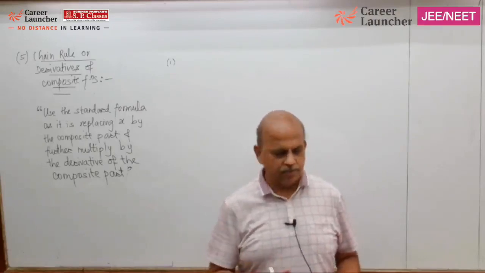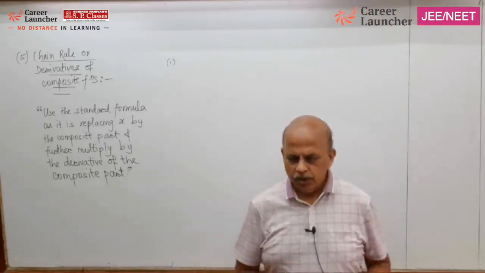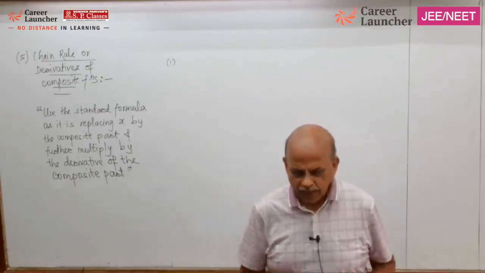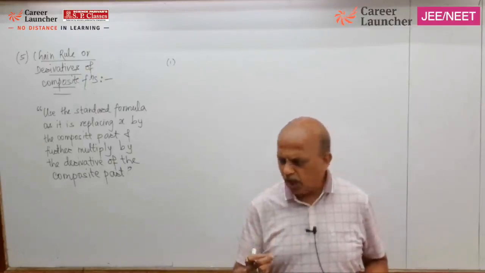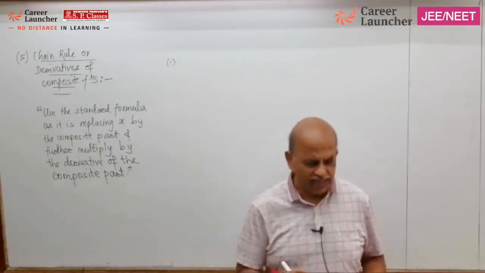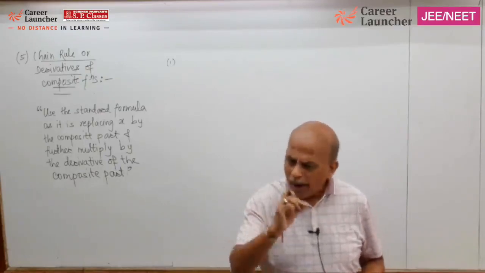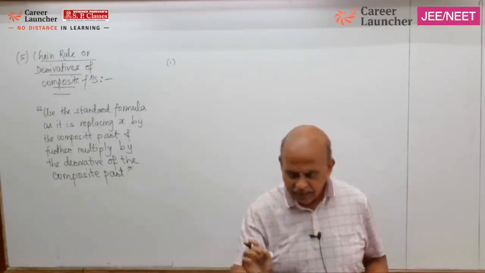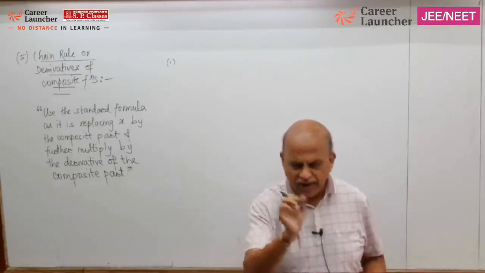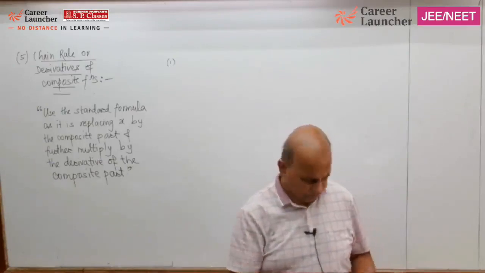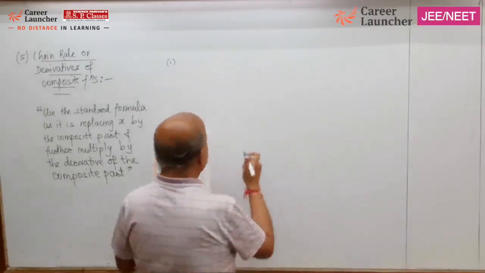There are some conventions to be followed, though it is not compulsory because we are not going to give an oral exam, but still you must know it is not called dy upon dx, it is called dy by dx. Because it is d by dx of y, the derivative of y with respect to x. Getting it or not? Come on, let's start writing.